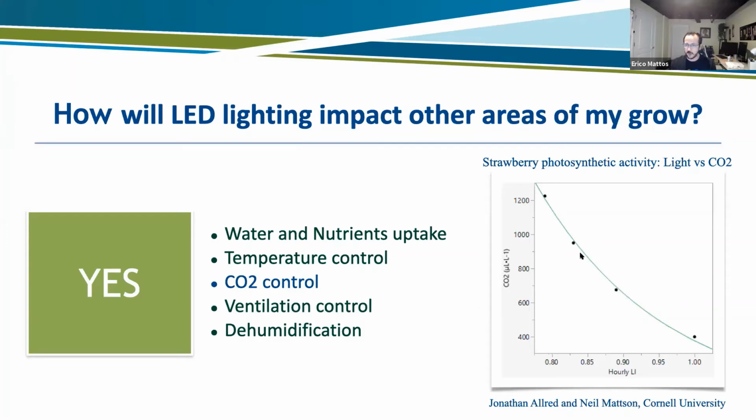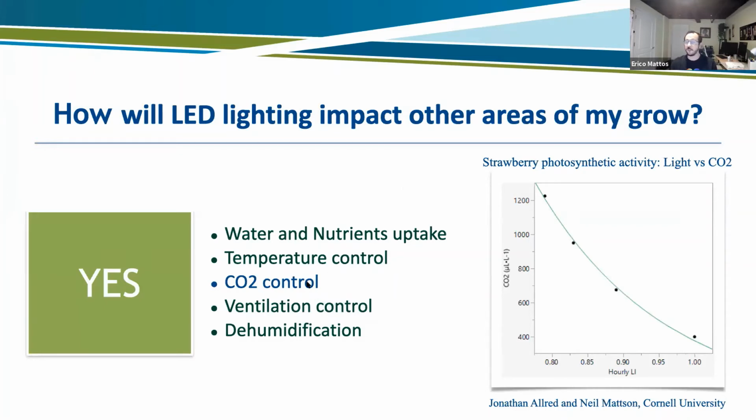So what this graphic is saying is that you can achieve the same amount of photosynthesis if you increase the concentration of CO2 and you use the equivalent of 0.8 hours of lighting, versus if you maintain the CO2 levels at about 400 ppm, 400 to 500 is what we have nowadays, it will take 1 hour of light for this specific light intensity. It really shows the relation here that, again, if you're changing the lighting, you might think about changing the CO2. And if you make a change in one of the systems, how that impacts the other.